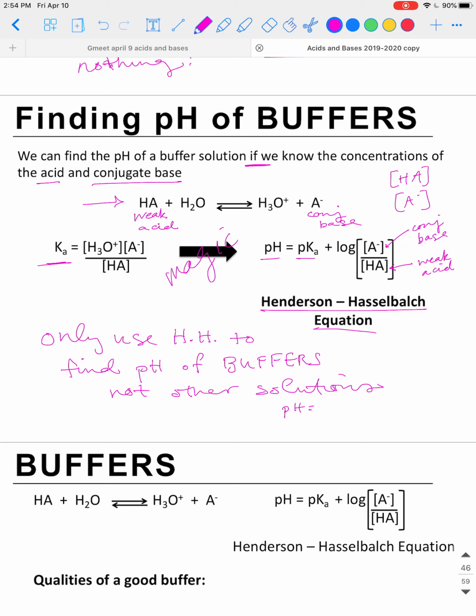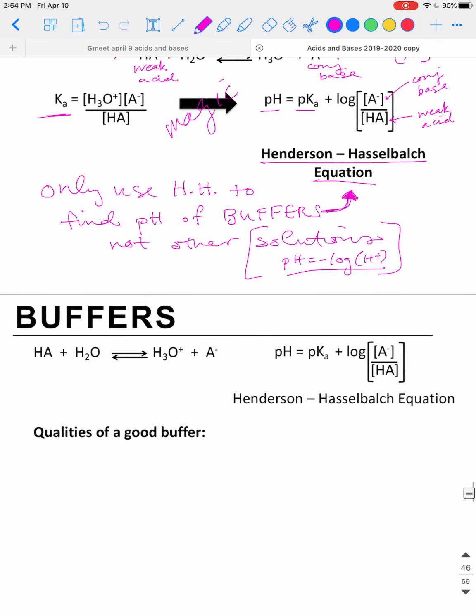Okay, we have a different pH equation for that. pH equals the negative log of H plus. All right. So for any solution that's not a buffer, you'll use this pH equation, but for any solution that is a buffer, you'll use Henderson-Hasselbalch. So we have two equations now for solving for pH, and you need to know when to use